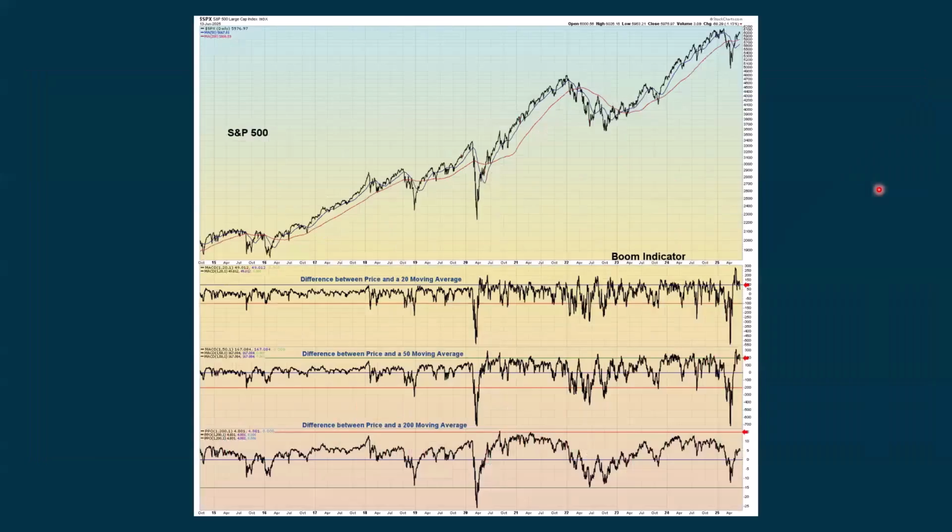Then I was showing this chart every day except for Friday in the past week. This is called the boom indicator, and it measures how far away price is from a 20 period moving average. And if we get too far away, price has a tendency to snap back to the moving average. It acts like a rubber band or a magnet. We were also getting far away from the 50 period moving average, and now we're dropping down below this extreme reading. And then on the bottom, when we're above zero, that's taken as more positive. How far away are we from the 200 period moving average? And since we're no longer extreme, I didn't use that in Monday's video,